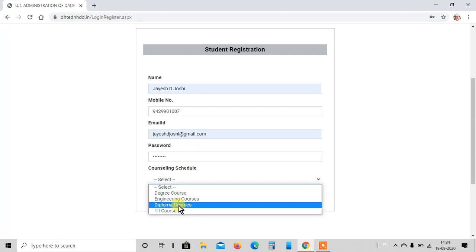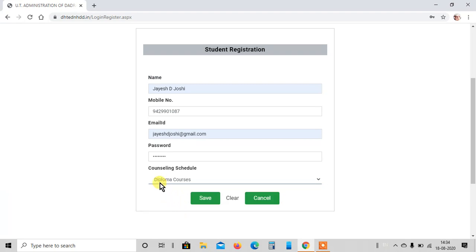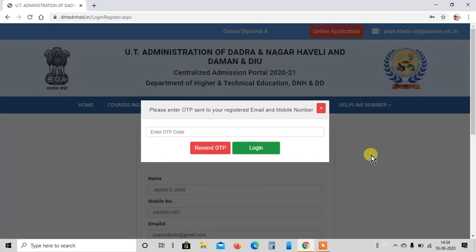Select diploma courses from this drop down menu and click save. As soon as you click the save button, it will generate an OTP and send it to your registered mobile number. To complete this registration process, you have to enter the OTP here.